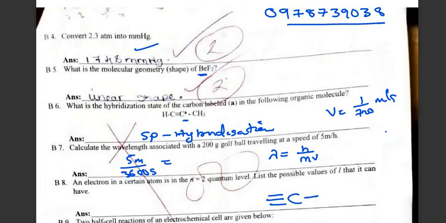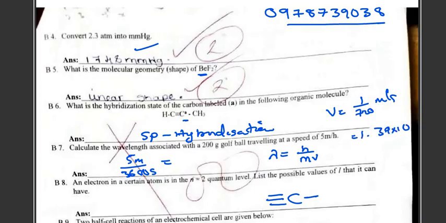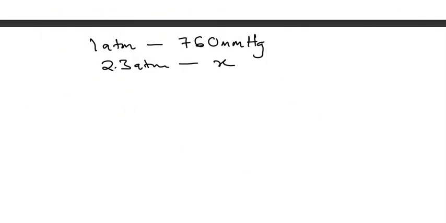It's the same as 1.39 times 10 to the power negative 3. So that's the speed that we're having. Then the mass has to be in kilograms, so 2 grams is going to be 0.002 kg. Yeah, so to solve our question here, number B7, we're just saying de Broglie's equation is equal